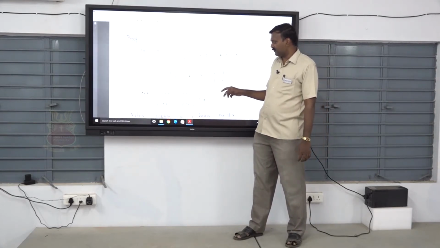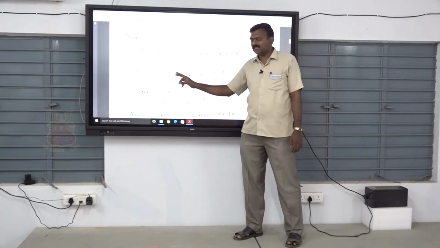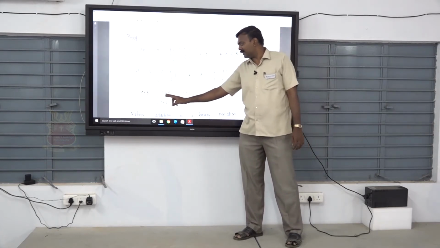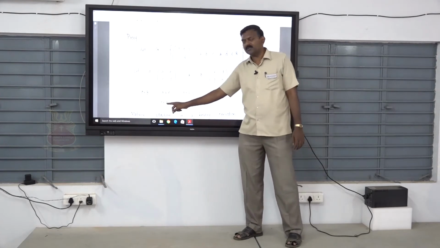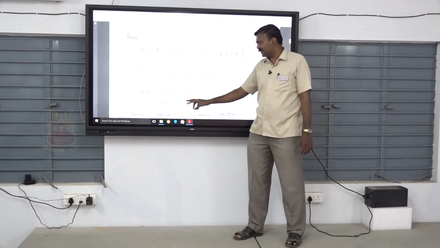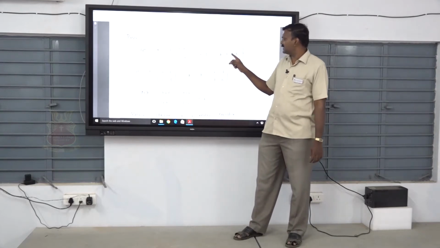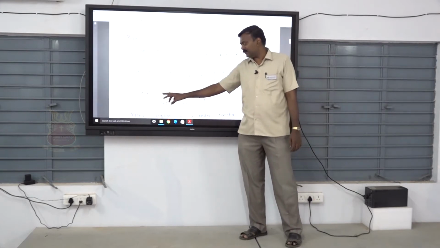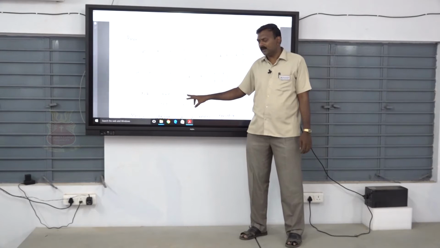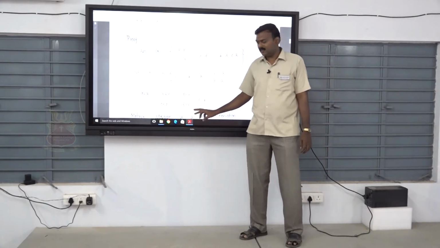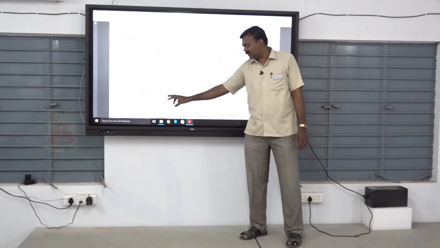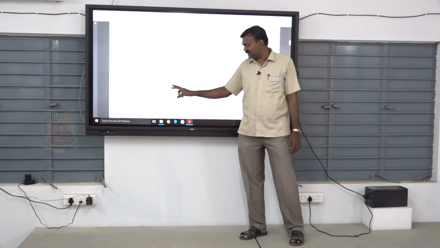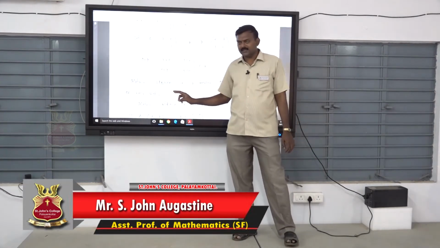Then A plus B equals the usual matrix addition: first element A plus E, then B plus F, C plus G and D plus H. Here A is a real number, E is also a real number, so A plus E is a real number. The same holds for B plus F, C plus G, D plus H. These are real numbers. Then A plus B belongs to the group G. So matrix addition is a binary operation. That is the first condition.